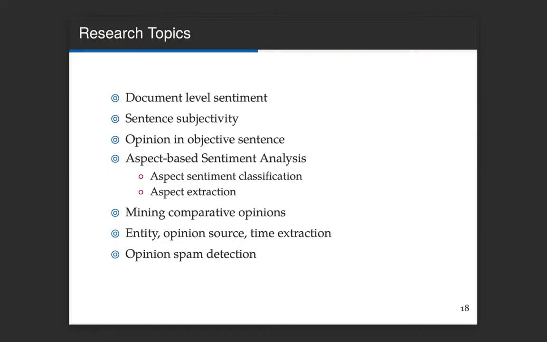So another related topic is retrieving all those opinions that are in comparative terms, such as A product is better than B. That is another research topic in this field.